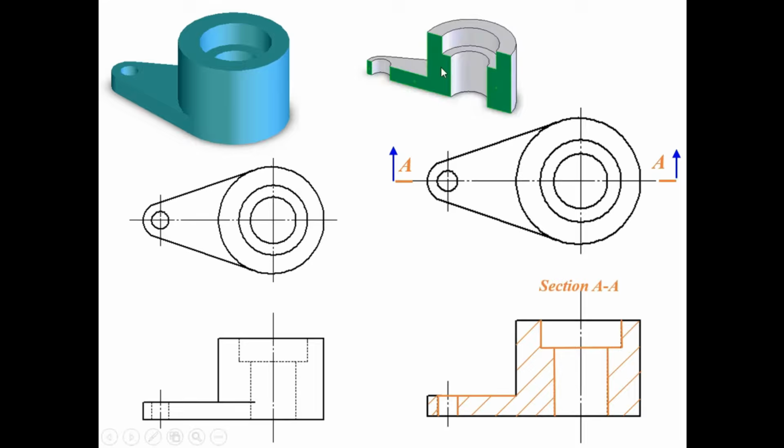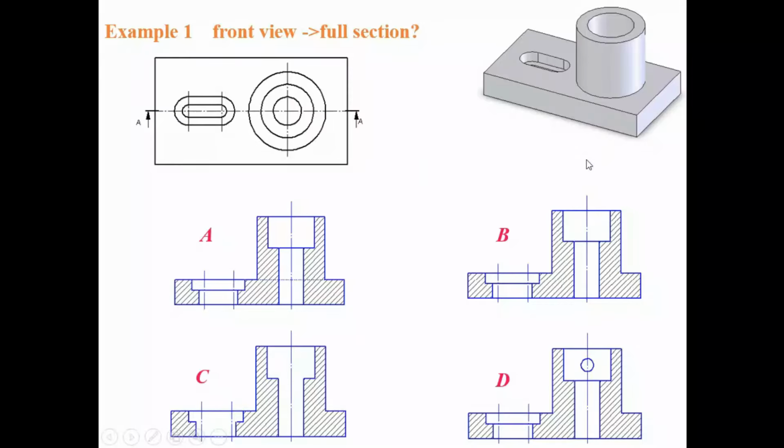After cutting, you have to imagine this. In the exam they will not give you this. You have to imagine how it will look after cutting, and show all the internal shape. In actual, we are making the front view of this object, not this one. Now in this question, this is the object and this is the top view, so which one is the front view? There are 4 options, A, B, C, D. You can tell me which one is the answer for the sectioned front view. You can do this practice. The answer is B. Just try to check why I'm saying B, why not A, C, D.